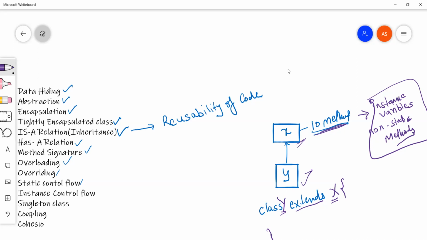We are not going to write these 10 methods again. We can directly say class Y extends X, and all the methods that we have here will be available in class Y, like I have shown you yesterday. So I believe there is no doubt in this. If yes, then let me know, I'll try to clarify.